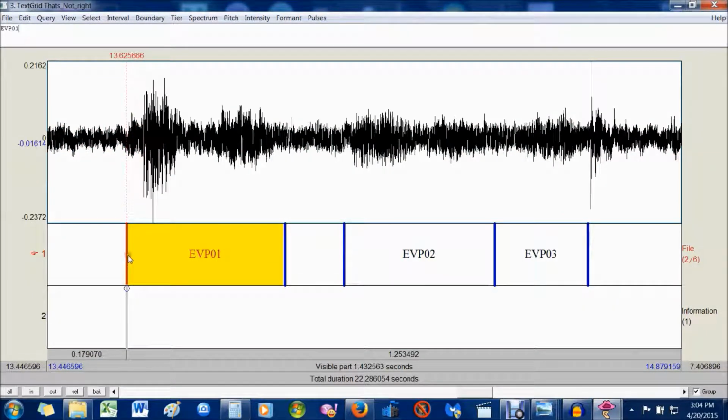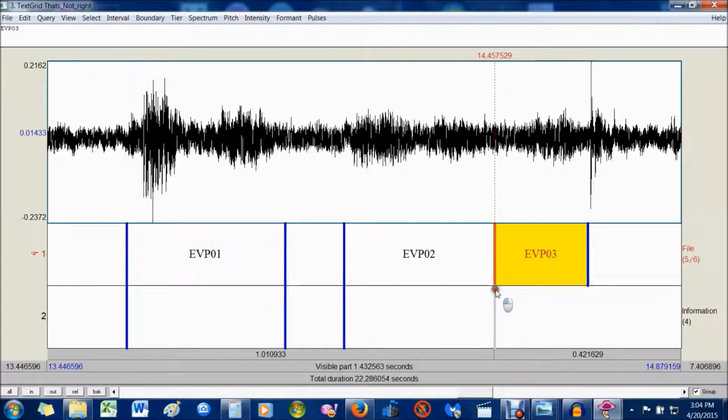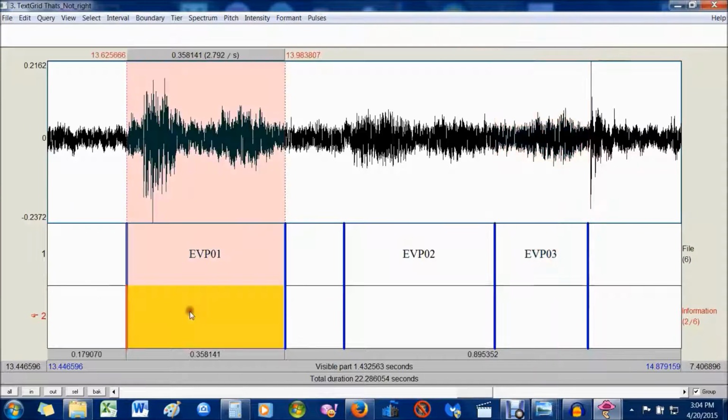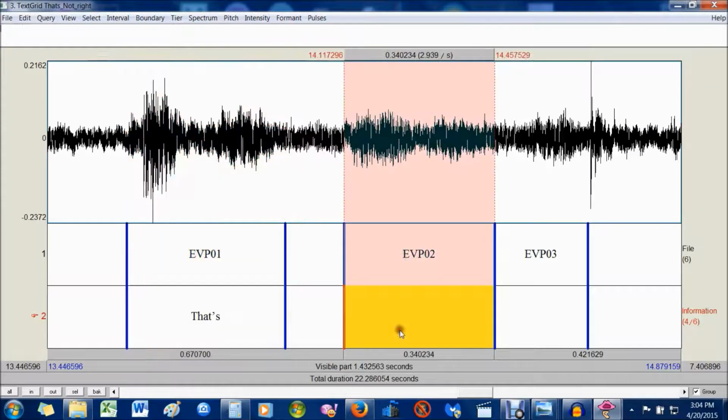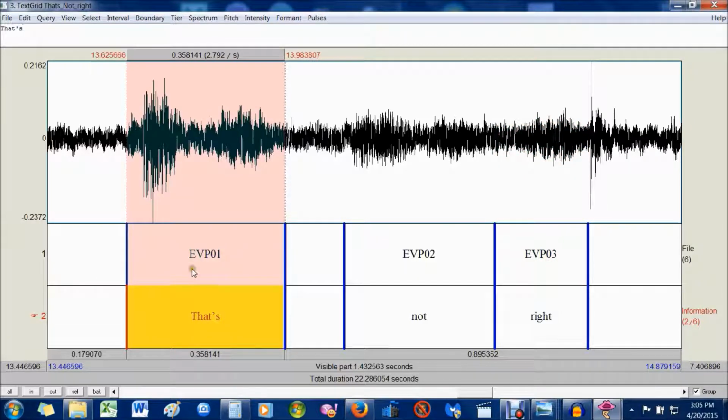Now, once you put in your boundaries, click this, click it again, and then click this, and you're going to do the same thing down here to create your boundaries. And then click on the bottom section again. That's not right. So I have both my file name and the word that it's saying, and of course you can type in other observations